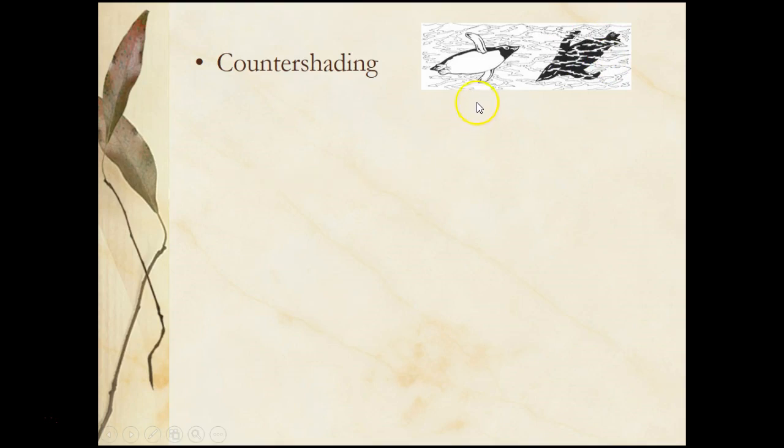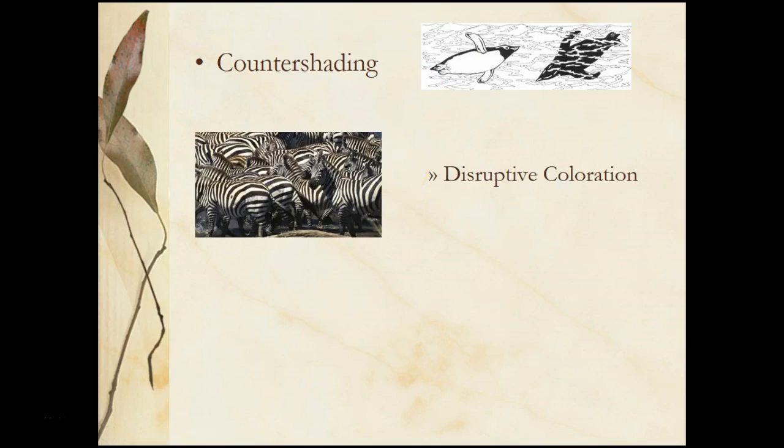Although most of the time animals aren't viewed from underneath when they're on the ground, they'll still see that counter shading, which will help with the shadowing effect and kind of break up the shadow as the predator's looking at the small mammal from above. Disruptive coloration is